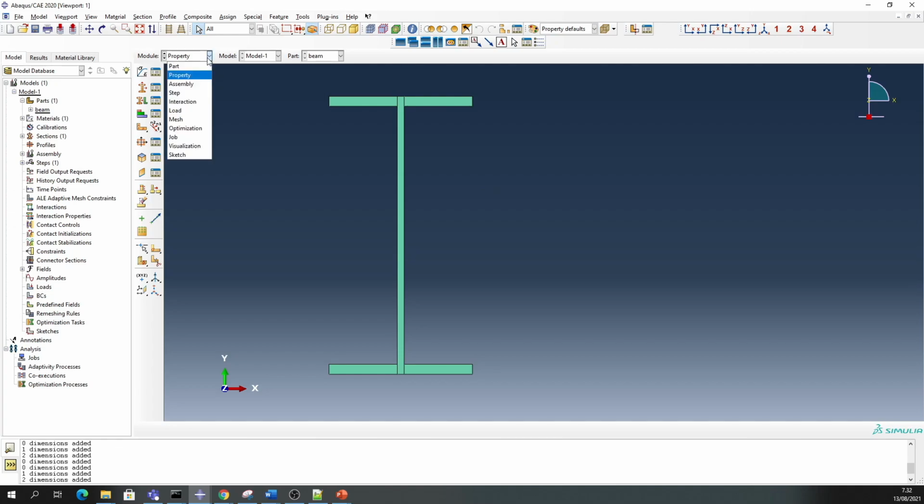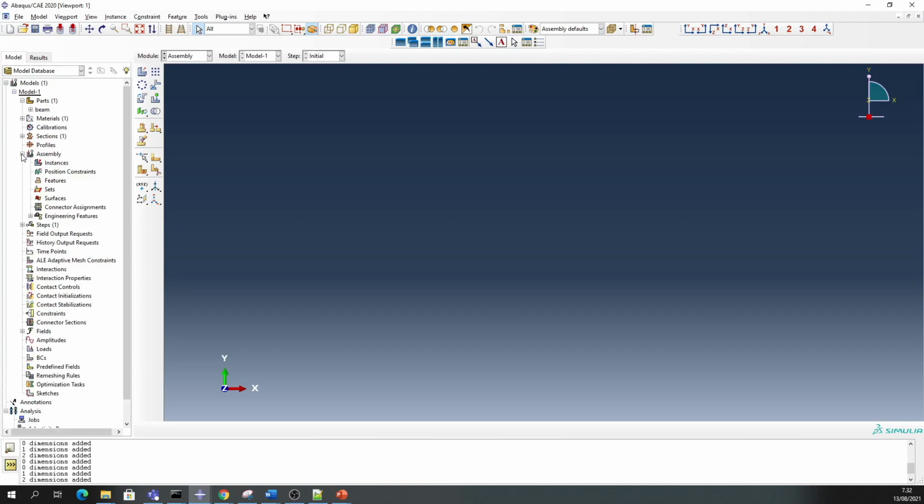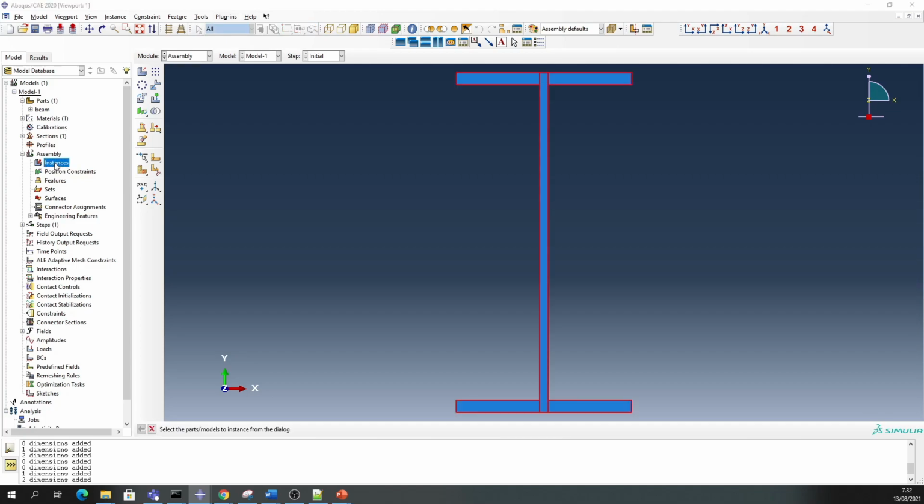Okay, so the next part after the property is the assembly model. So in the assembly model we have to create the instance. You can create the instance from here below the module, or you can also create it from here. If you click in the model tree, you can see assembly and instance, and if you double click the instance, then